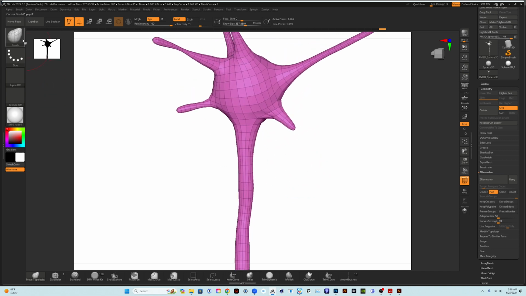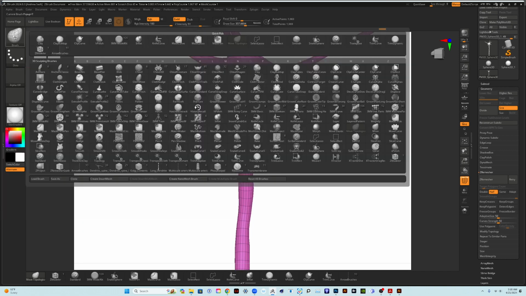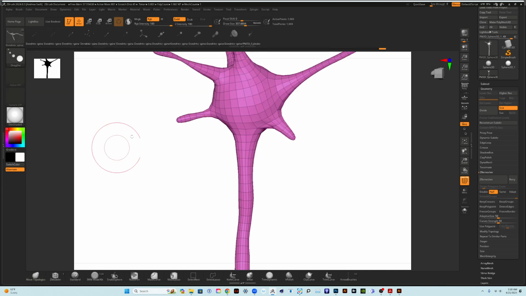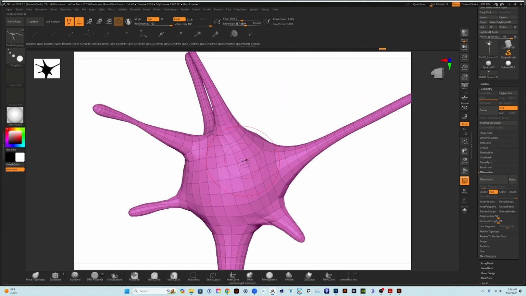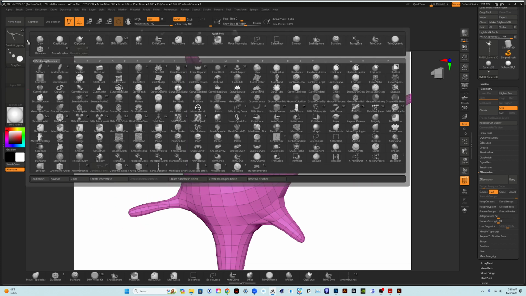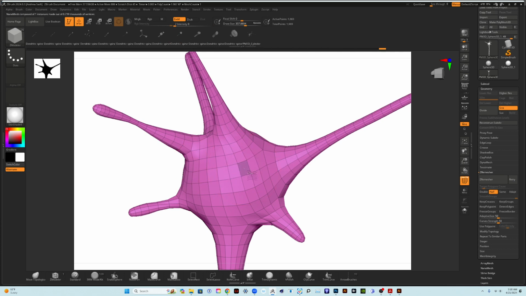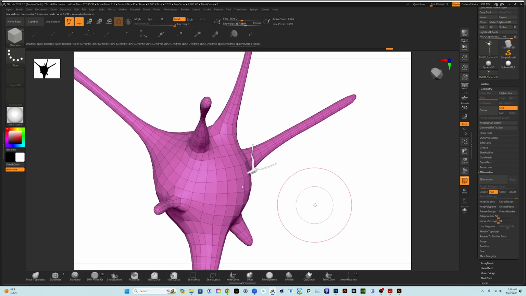I'll show you this as well. So what I did was I went through and made at one point a dendritic spine brush. And what that does is that loads up all the, you can look this up online, or I can show you how to do it. And basically what it allows you to do is you could create this as now a nanomesh brush. Create nanomesh brush. Then when you click and drag, it will come out of that particular